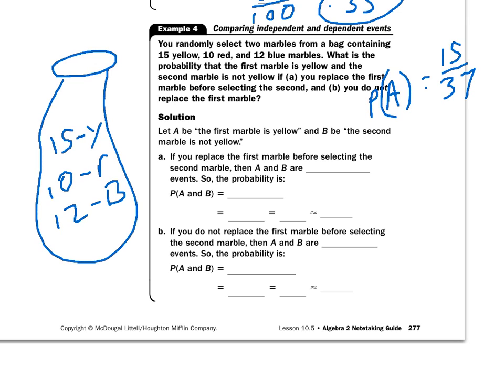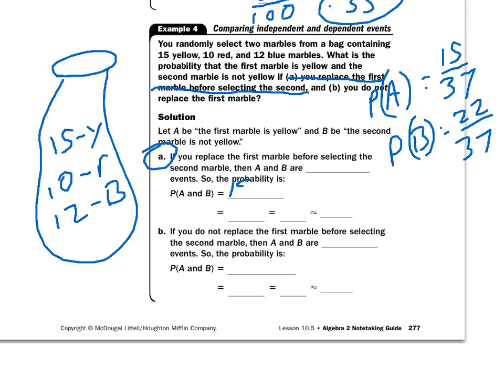And not yellow, we'll call that B. Probability of B, the chance of something not being yellow here would be 22 out of 37. However, there are some conditional statements here. If you replace the first marble before drawing the second, so that's A, I have a 15 out of 37 chance times a 22 out of 37 chance. When I multiply those two things together, I get 330 out of